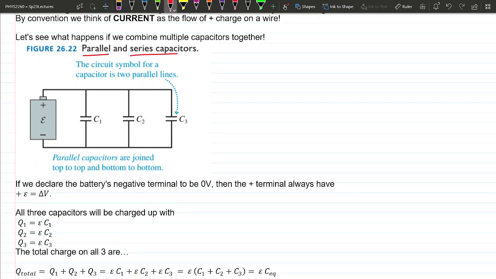If we declare that the negative terminal here is 0 volts, remember, just like potential energy, you can declare one point on your circuit to be 0. Once you pick that point, everything is relative to that. So the positive terminal is going to have some change in potential. We're just going to call that this squiggly E, which stands for the EMF, the electromotive